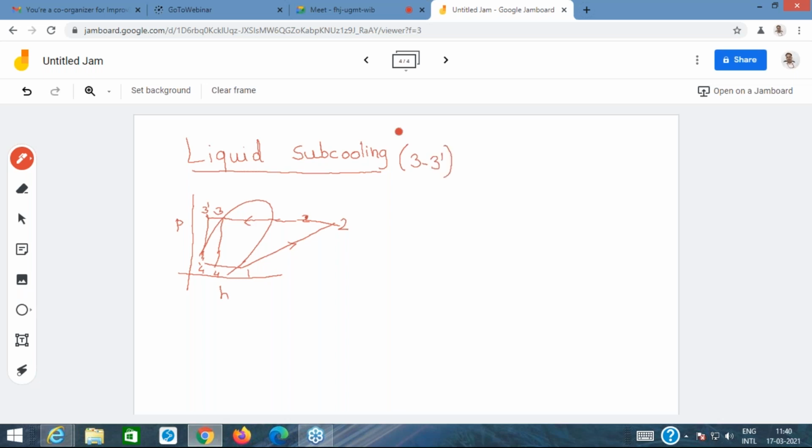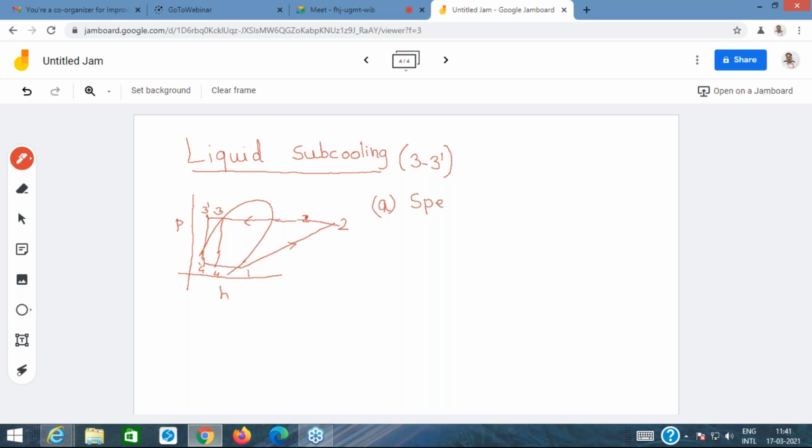What do you understand by subcooling? Subcooling means cooling below the saturation temperature. The meaning of subcooling in thermodynamics is you cool below the saturation temperature. So what is the impact? What happens because of liquid subcooling? That is of interest. What happens to the performance of the system because of liquid subcooling? If you concentrate your attention again here, let us first figure out what happens to the specific refrigerating effect.